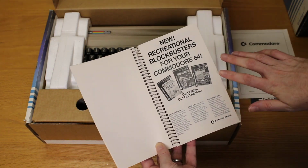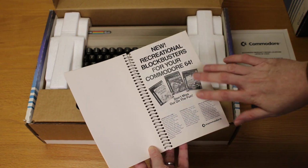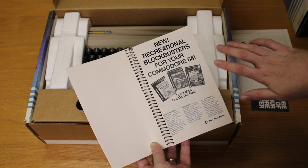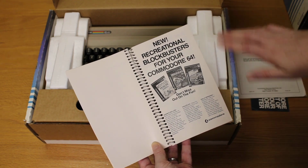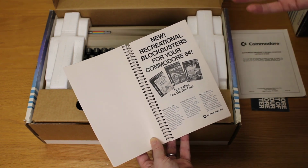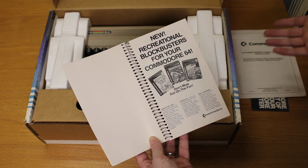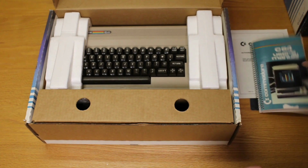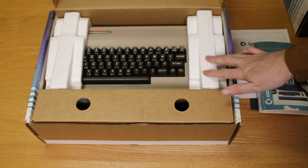Yeah, so at one time Commodore published their own magazines, their own books, they had their software distribution, they did everything, but over time they started closing down those different divisions, I believe to save money, which was probably a huge mistake, and now we no longer have Commodore. So taking a look at the Commodore 64